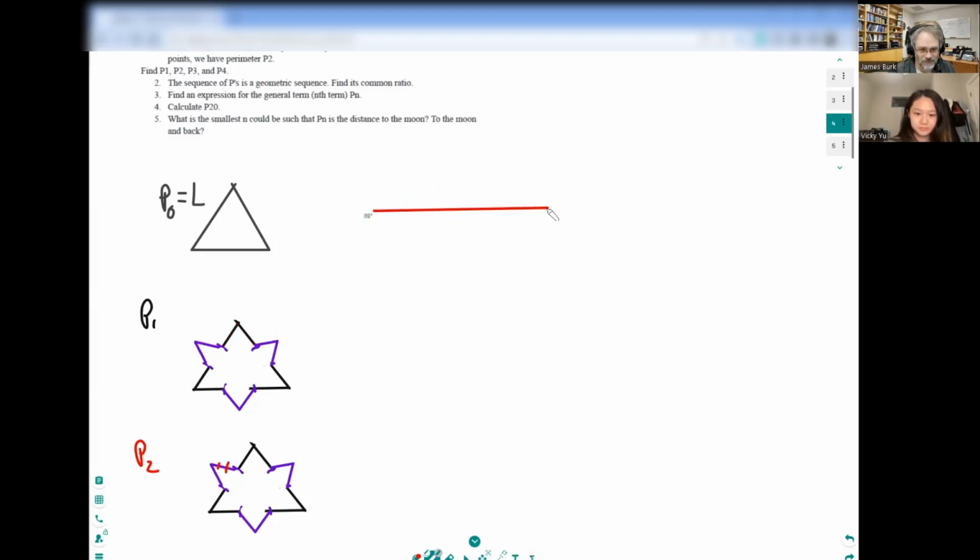If you take a line segment of length L. Again, it can be 2 foot, 3 foot. It doesn't really matter. We'll just call it length L. Then we're going to chop it up into 3 equal pieces, like that. Since the total distance is a value of L, what's the distance for each one of these line segments? One third of L. Yeah, 1/3 of L.